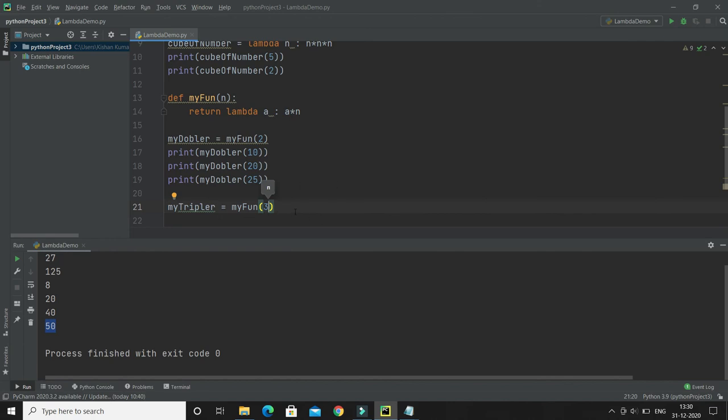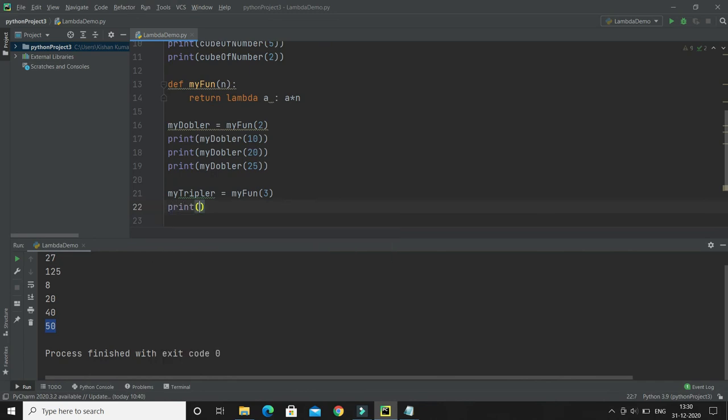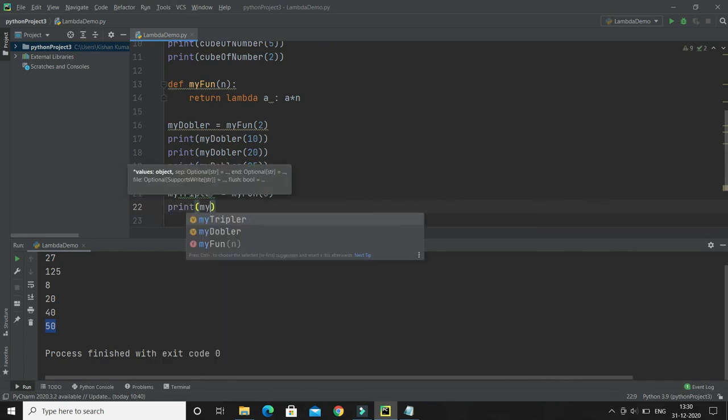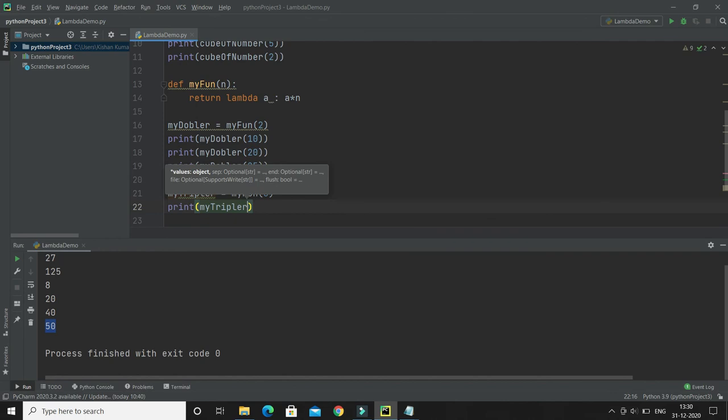If you want four times of any number, then you pass 4. Now we got this variable, right? So I'm going to call this function many times. I will say my tripler, and here I want to get the triple of 3.